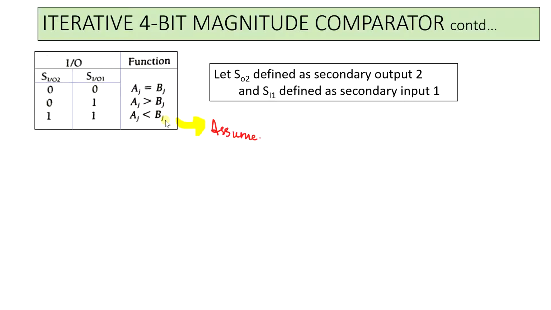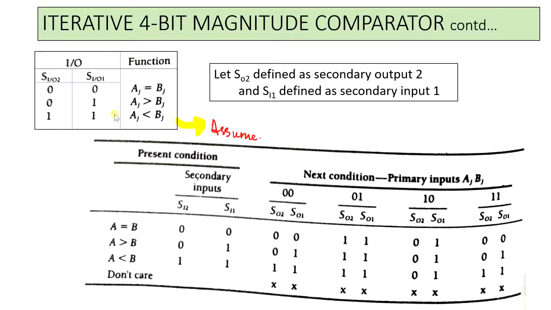Whereas in some questions, they will specify that you have to encode the function in one particular manner when you represent the 2 bits of the secondary output. So in that manner itself, you have to encode and then proceed with the numerical. So this is my table. Let me show you the next condition that we obtain and how we are going to obtain each of them.